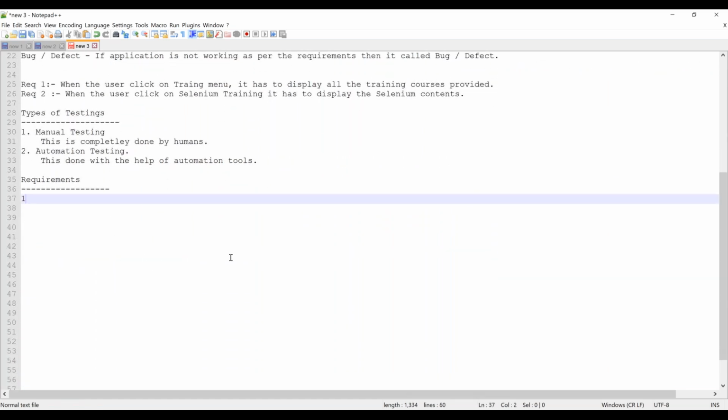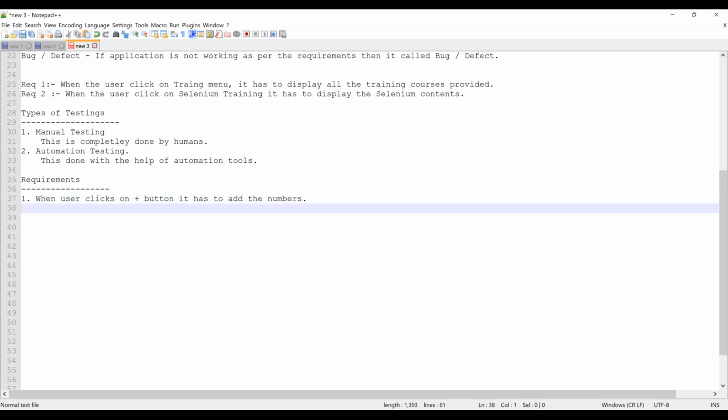The first requirement: when the user clicks on the plus button, it has to add the numbers. Okay, this is one. The second one is, when the user clicks on the minus button, it has to subtract the numbers.